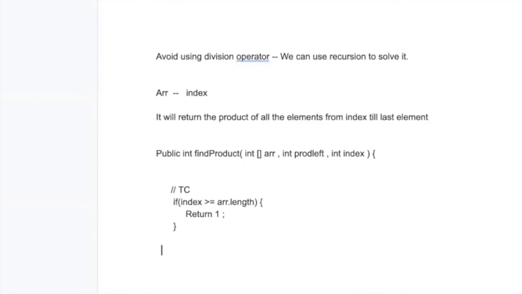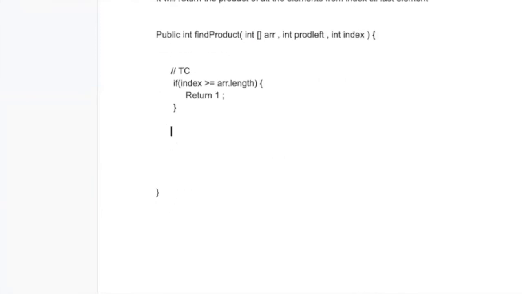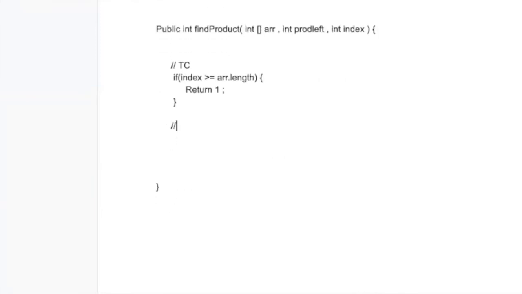Once I have written a base condition, let's try to find the current value. So the current value will be int, and I know my current index is index, so the current value will be array[index]. Let's try to find int product till current.